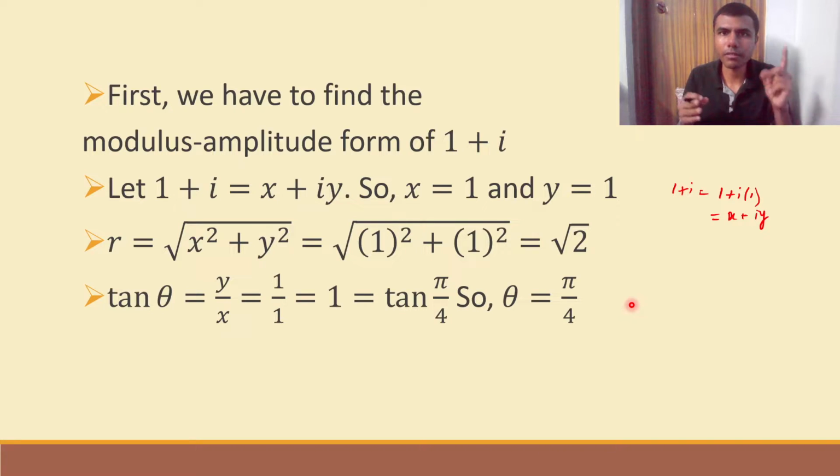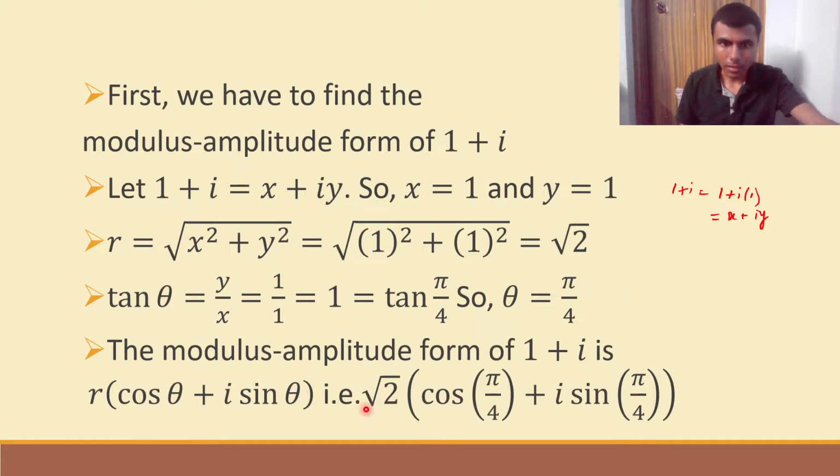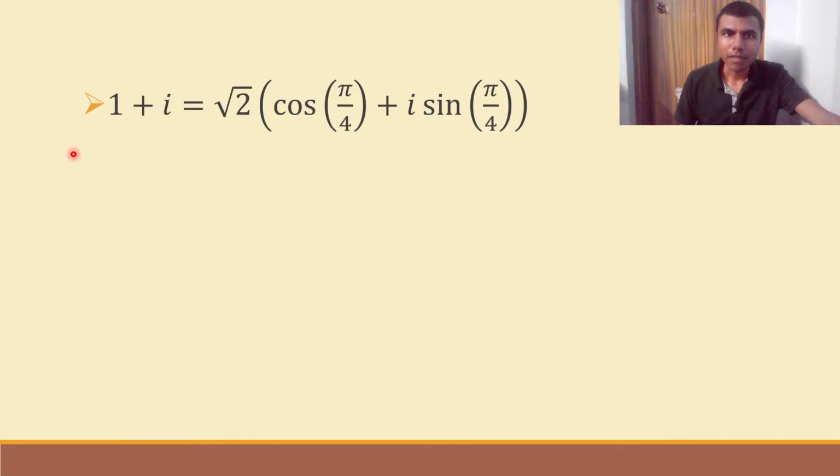So we got our r, we got our theta. Now the polar form, or the modulus amplitude form, is r into cos theta plus i sin theta. Now r is root 2 and theta is pi by 4. So r into cos theta plus i sin theta is root 2 into cos pi by 4 plus i sin pi by 4. So 1 plus i is nothing but root 2 into cos pi by 4 plus i sin pi by 4. Okay, now fine. But if you recollect our question,